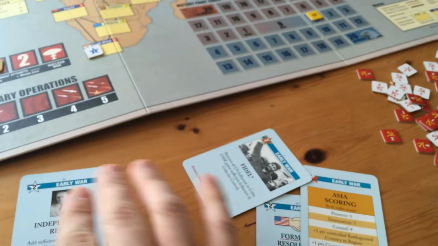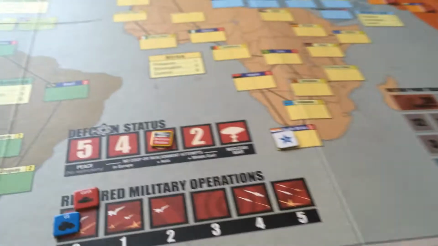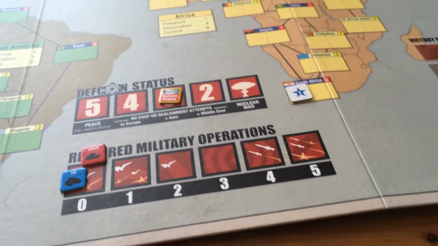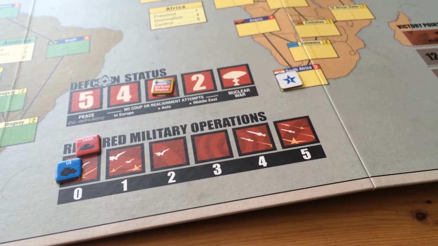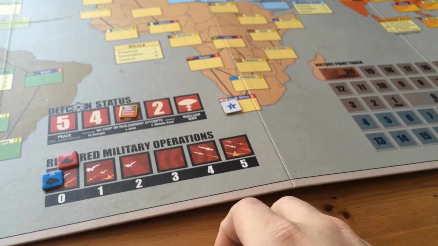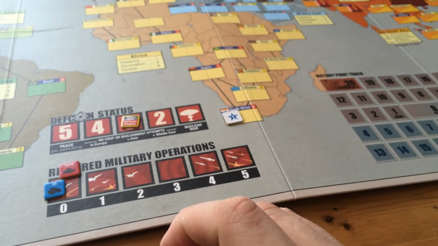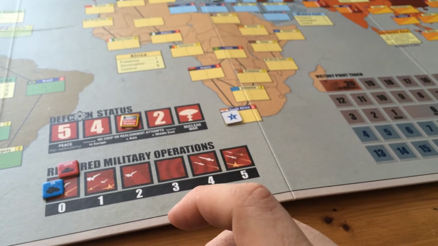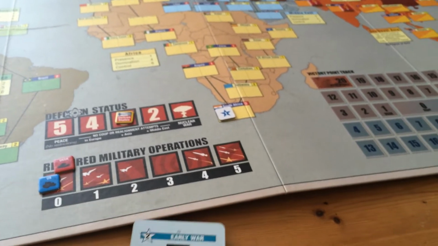First things first, Independent Reds, 2 ops. I'm not worried about playing it. We don't have that much influence in those countries anyway, so it's going to be 2 ops. We're going to take the first coup, I think. Indeed, no. Let's do... Let's see what happens with this. We're going to do 2 points to take Burma,